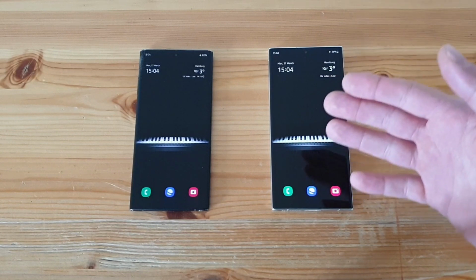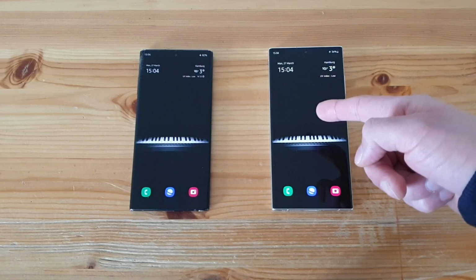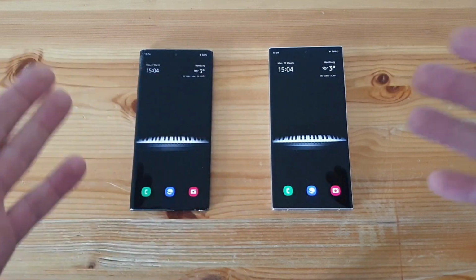So if you are not using your phone that often, you may get 2 days of battery life out of this phone, and if you like that, you can go for the S23 Ultra now. All right, so there are also different things which get better with time, with new phone releases, and this is